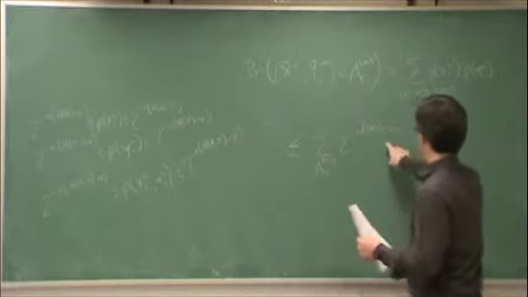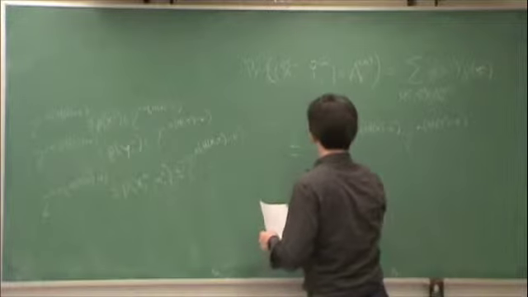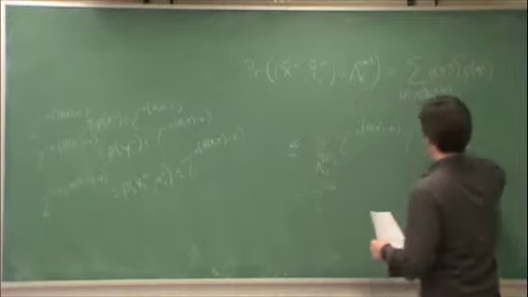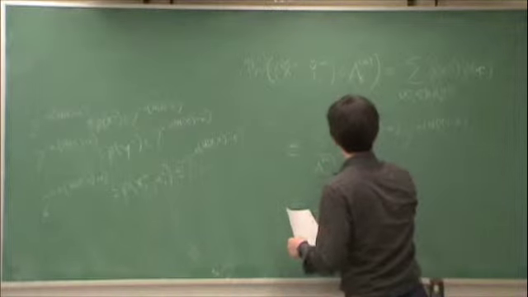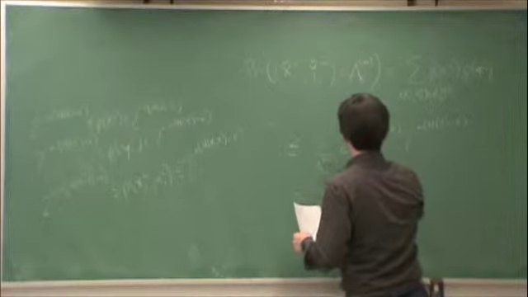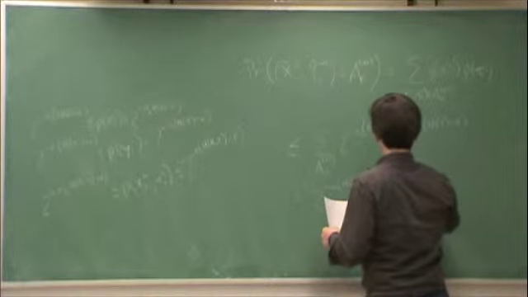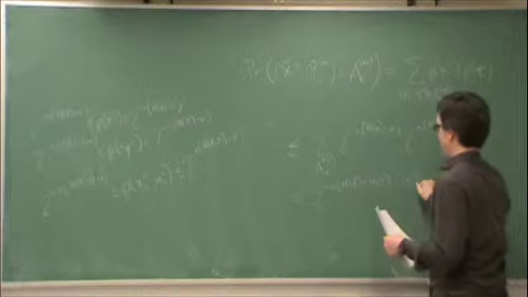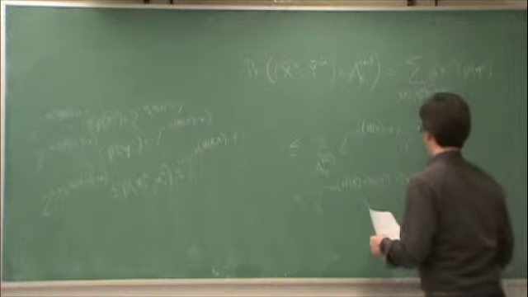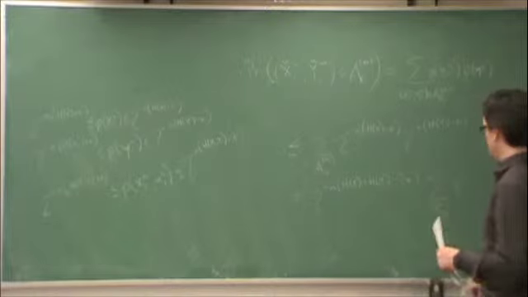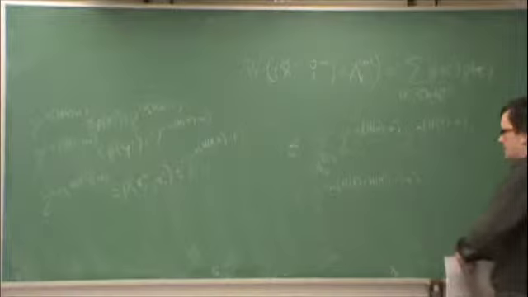Now notice that these terms are no longer dependent on x and y, so I can take them out. In fact, let me collect terms in the exponent. That's 2 to the minus n h of x plus h of y minus 2 epsilon. That's the sum over the typical set of 1. So therefore this sum is equal to the cardinality